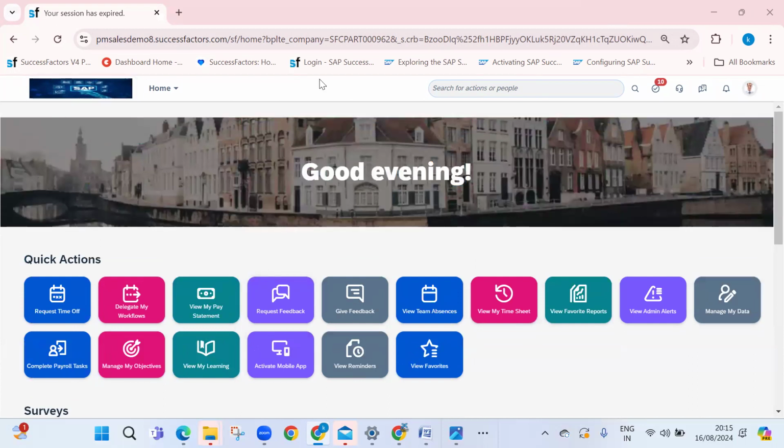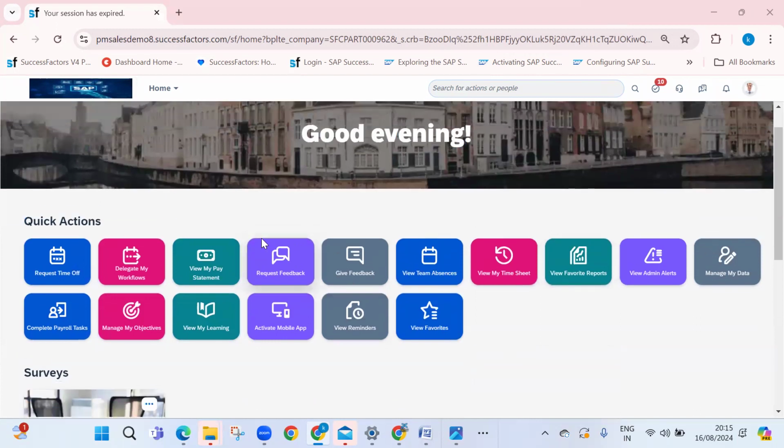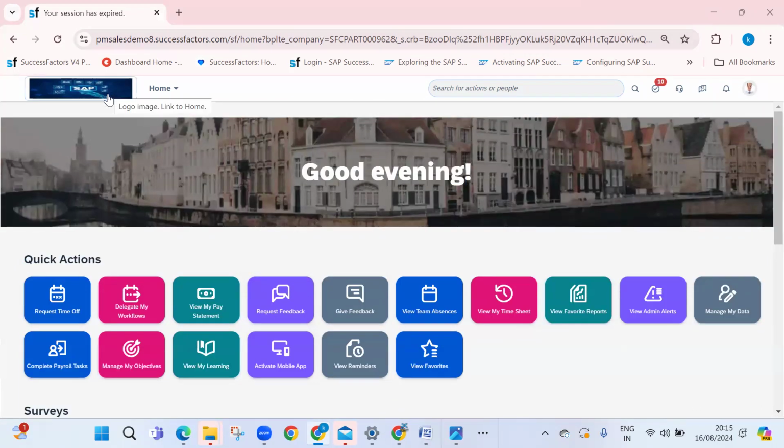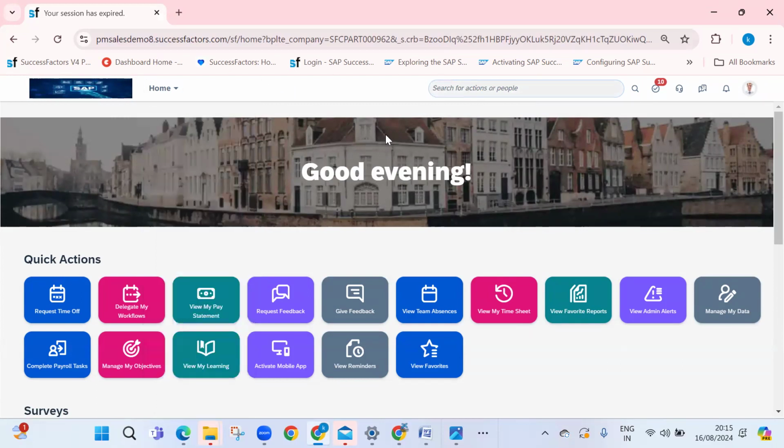The first part you are seeing we can call a header, and this is a dashboard, and below is a footer. Here you can upload your client logo, and this is the module picker, where you can see how many modules are activated for your client. And the main important functionality in SAP SuccessFactors is the action button. So how will it help?